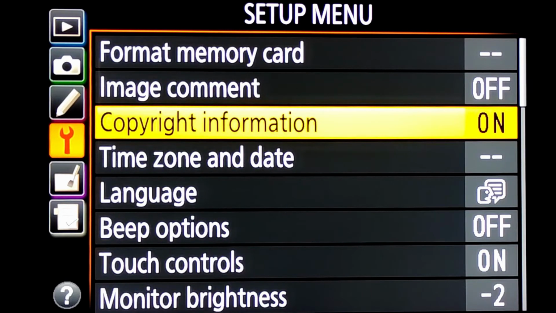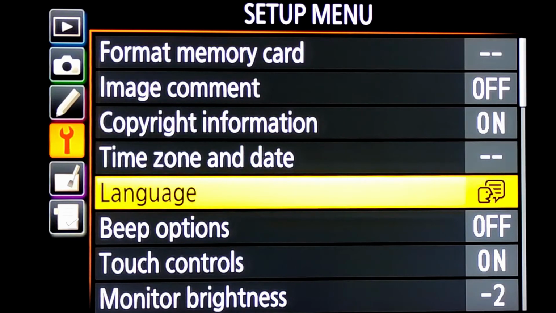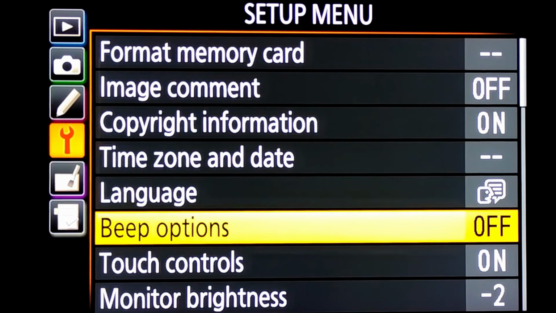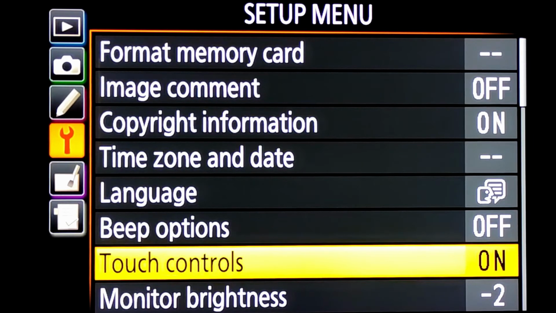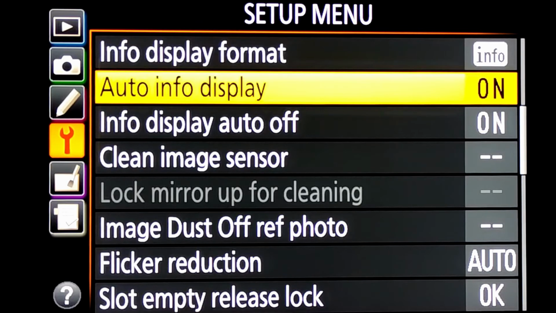And copyright information can be added in the form of author name or photographer name or company name. We can select the menu setting language. Presently it is English. Then we can turn on and turn off the beep when the autofocus lock takes place. So beep is there. Then touch control can be switched on and switched off, right?